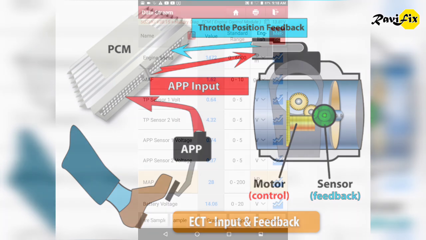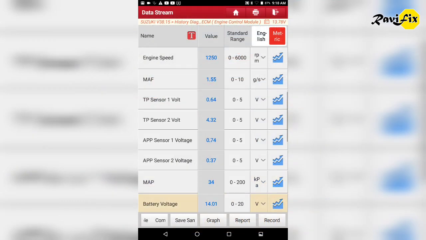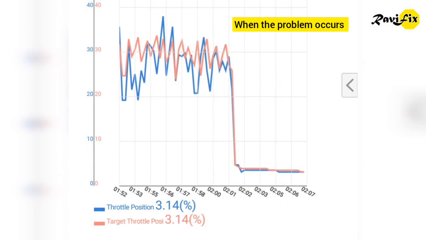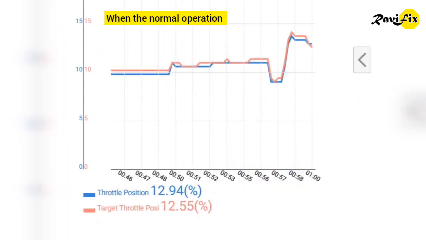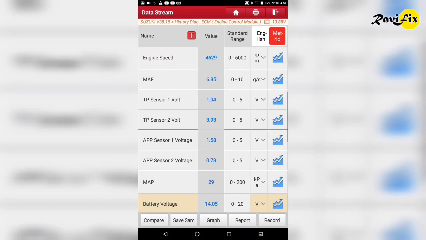In this case, scan data is very important. So mainly we observe all the data bits relevant to the combustion process to make sure there is no faulty situation on them. And then we closely observe data on the APP sensors and TPS at both normal running condition and under the trouble. We observed that the accelerator pedal position sensor data were quite okay, which indicates no problem at all on them. But here you can see on these graphs that the target throttle position and actual throttle position are different from each other. Because when the problem occurred, it didn't respond to the accelerator pedal and started RPM fluctuation.